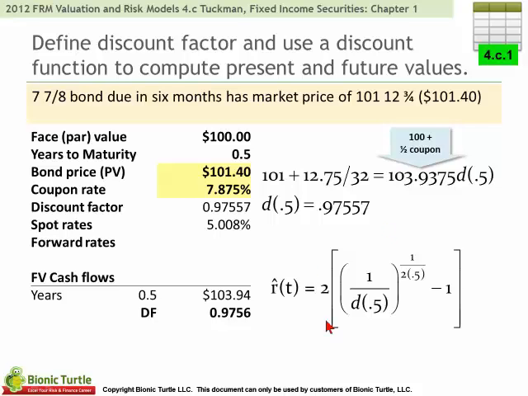And then that means given the discount factor, we can also plug that in here and determine the spot rate: 1 divided by this discount factor, and since it's only 6 months out, it's just raised to the power of 1, minus the 1, multiply that quantity by 2, and that means that the spot rate associated with this discount factor, see how they're really sort of 2 different perspectives on the same zero or spot rate. This is the 6-month discount factor implied by this zero or spot rate, and vice versa. So it is 5.008% per annum, right? Well, it's a 6-month, but it's a per annum or bond equivalent basis, if you will,